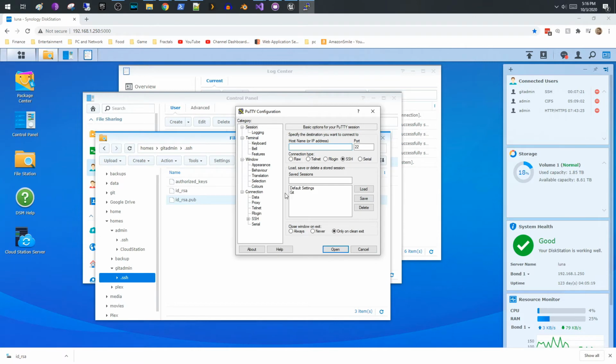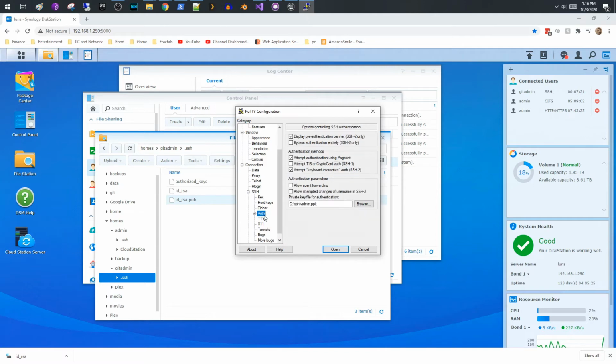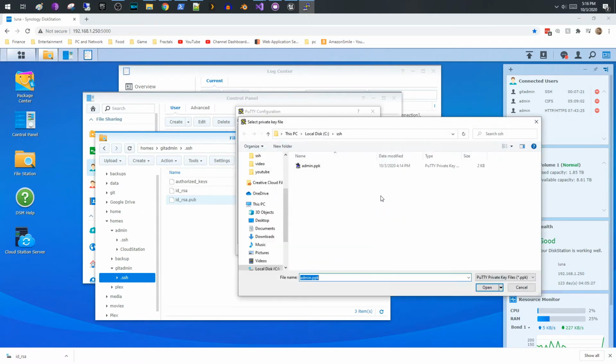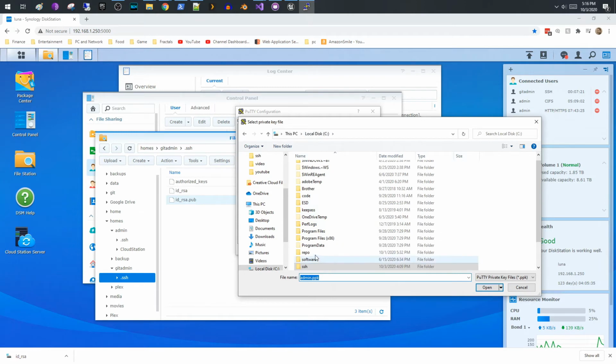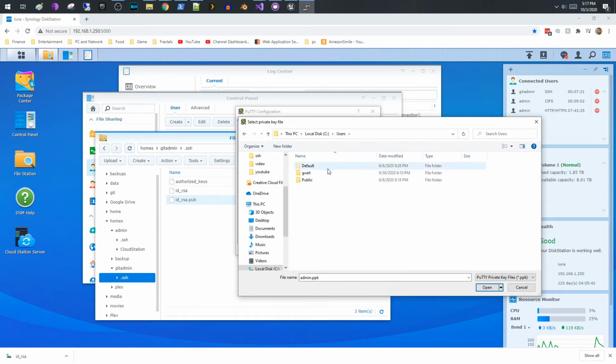So if I open up Putty, I'm going to load Git here, and then we have to choose for authorization the PPK file that we have for our private key. The problem you're going to realize here pretty quickly is, if I go to my SSH folder, you notice I don't have a